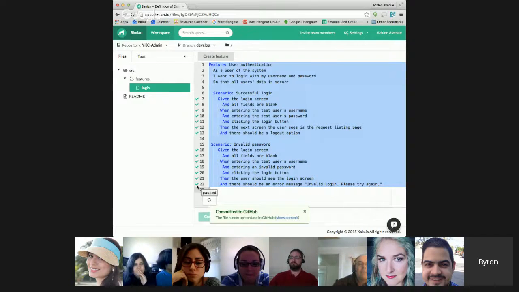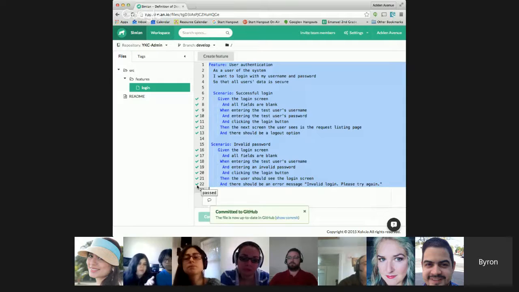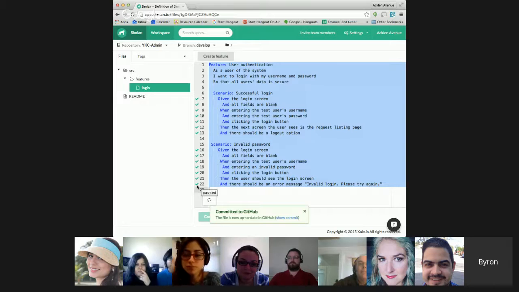If I'm a PO, then I want to be able to report back to my stakeholders that something is done. If it's an automated test, these check marks give me a lot of confidence to be able to say, yes, this scenario is done. Hopefully, we're dealing with things that are much more important than a successful or an invalid login, and we typically are, things like payment received. And if you can see some green check marks next to something that represents that you just received money, yeah, that feels good.